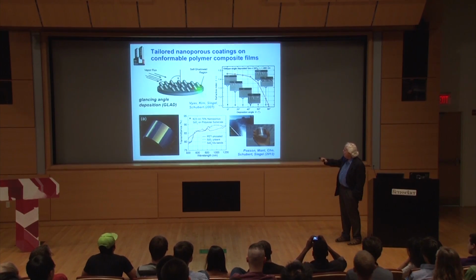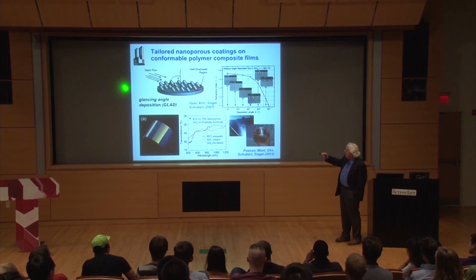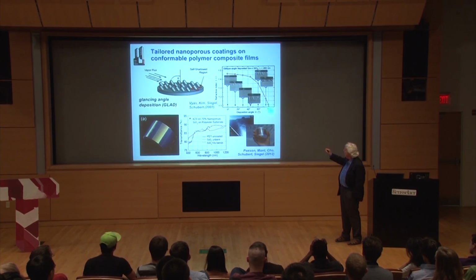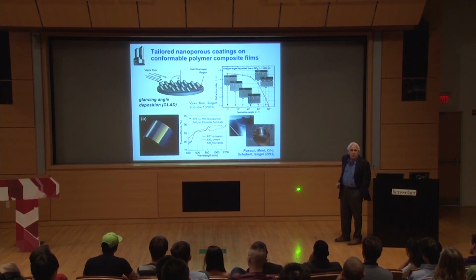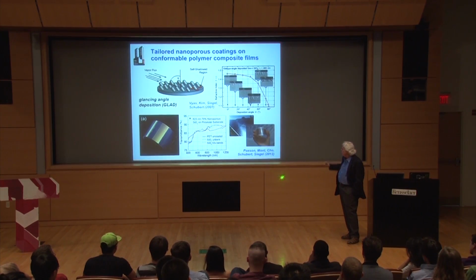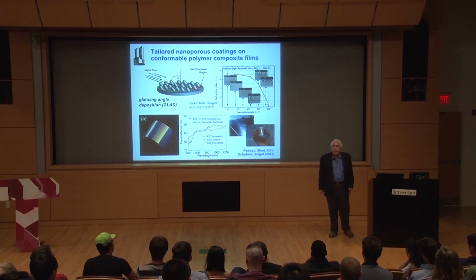One can create nanoscale surface features by evaporation and by single layers or multiple layers, very often at the microscale. One can change the refractive index, the optical behavior of these materials in very well-controlled ways over wide ranges. Now that you can do this on polymer sheets, plastic sheets, one can mold these in various ways and use them, again, at the macroscale to, for example, coat solar panels very effectively